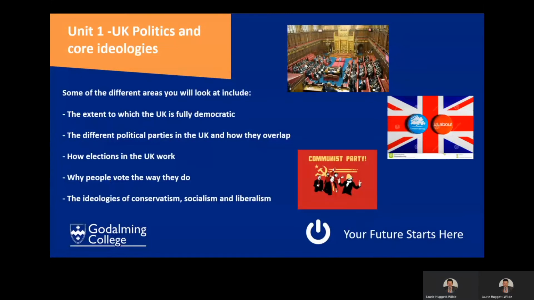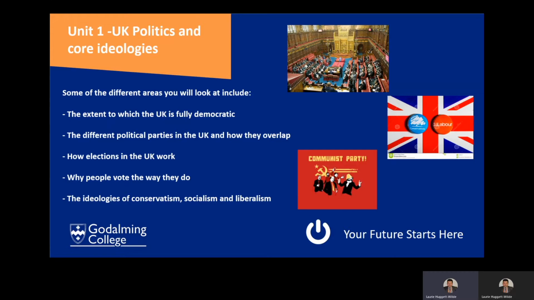That first unit involves looking at matters such as the extent to which the UK is fully democratic, the differences between the political parties in the UK, how they overlap, how they disagree with each other, how elections work in the UK, whether or not they're fit for purpose, whether or not they're in need of reform, why people vote the way they do, why people vote for the parties they vote for, and what influences them in making those decisions. And you'll also look at the ideologies of conservatism, socialism, and liberalism, and what theories they have for